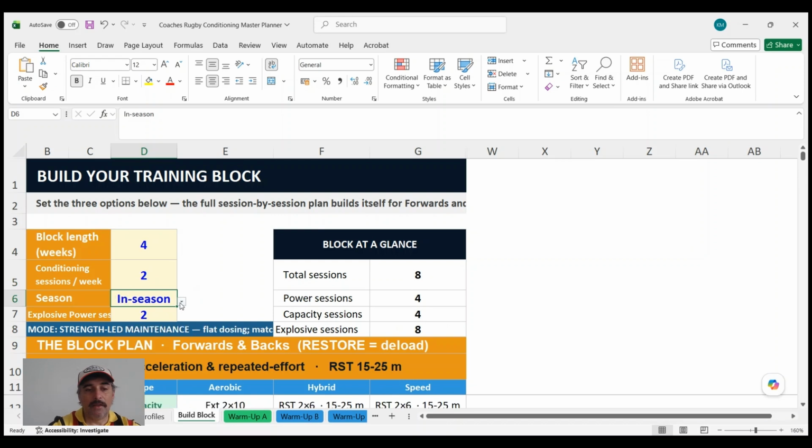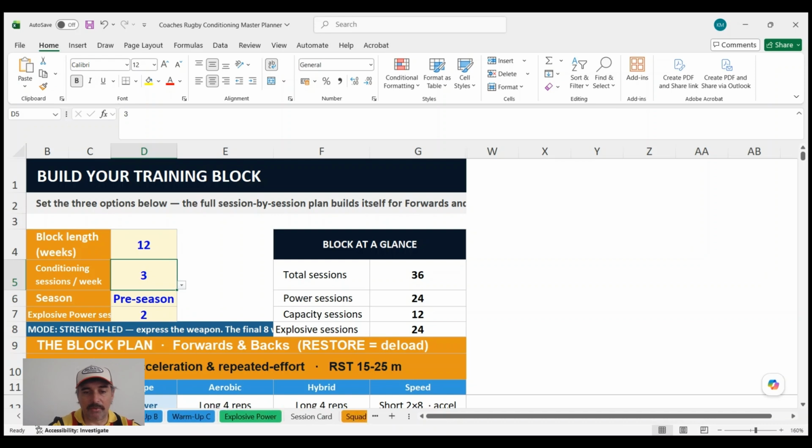A common approach would be a 12-week pre-season that may include some games. We'll say we're going to do 3 sessions a week, and it's pre-season. We want to do 2 explosive sessions. These are all built into it, and you will get more detail in the program when you open it up. But just to give you a quick insight here,